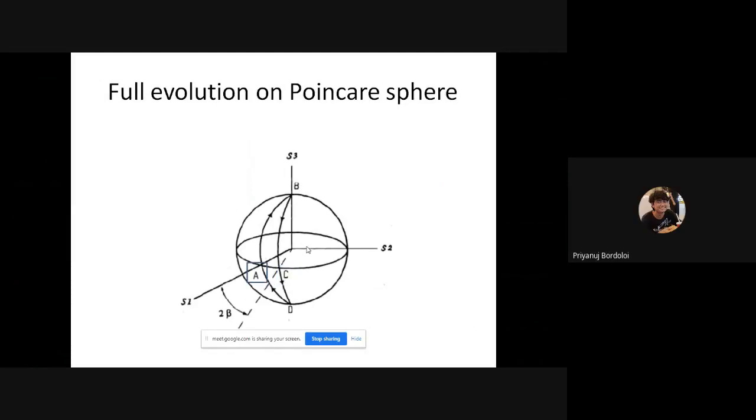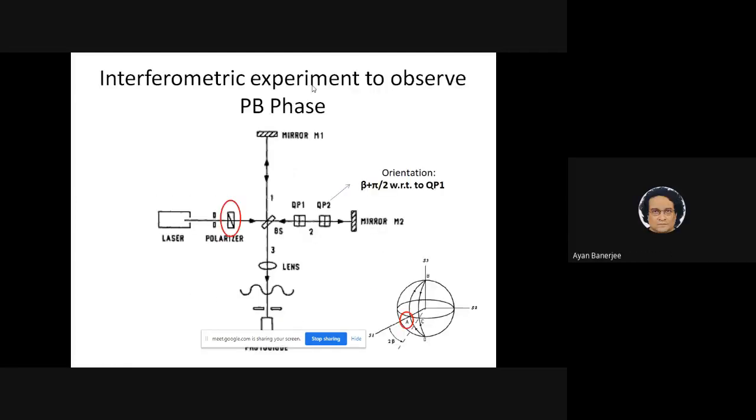So, Aniruddha, you have to tell which part. Take me through the path of the laser on this part, BADCB. So when you go past the first polarizer, it will be at A. That's a linearly polarized light, you take any arbitrary one. After the first quarter wave plate, it will become RCB, so it's B. After the second quarter wave plate, because it's at a different angle, it's linearly polarized, but